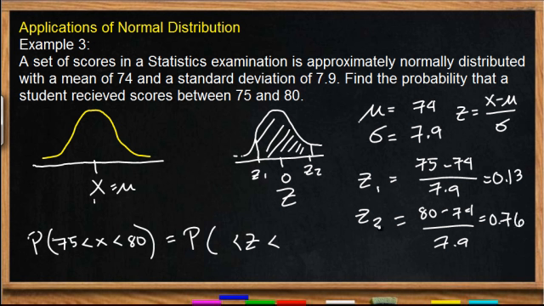So what will we look for now? What we get from the table is the probability that z is less than 0.13 and the probability that z is less than 0.76, which means we look for them one by one. This is 0.13, this is 0.76. So from the table,